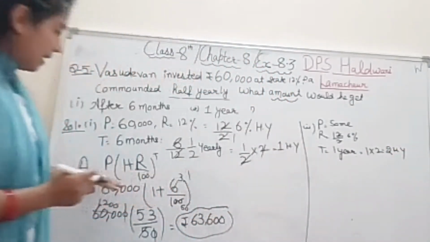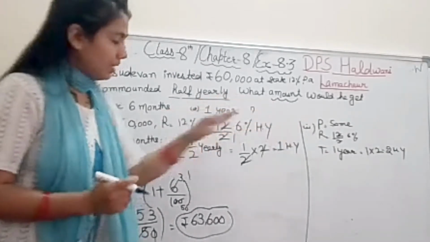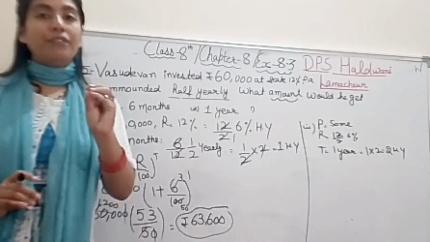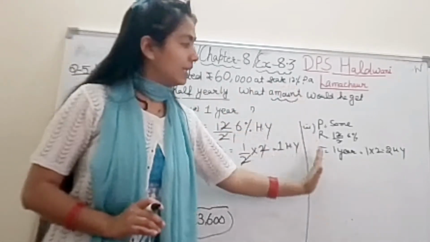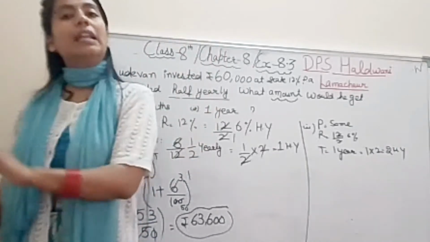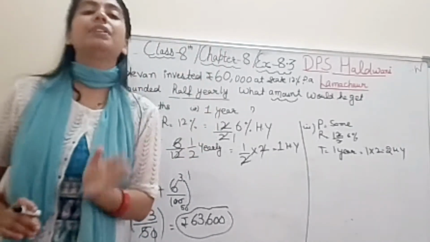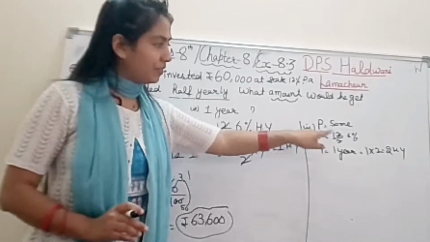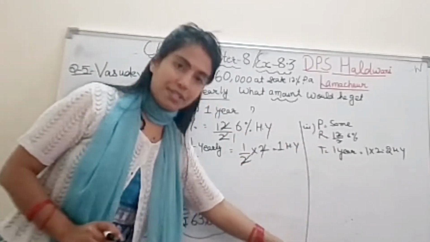Put the same formula, put the values into the formula, and after that just calculation is there. You have to be more focused on this part only. That's it. According to the given condition, the rest is calculation. Put the values into the formula. Right student? So put the formula, put the values into it, and then calculation is there.